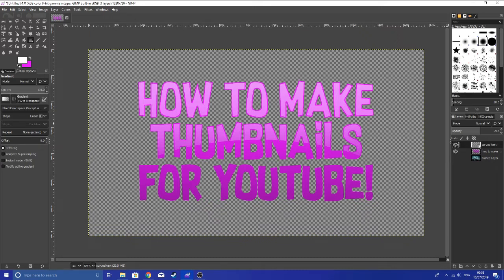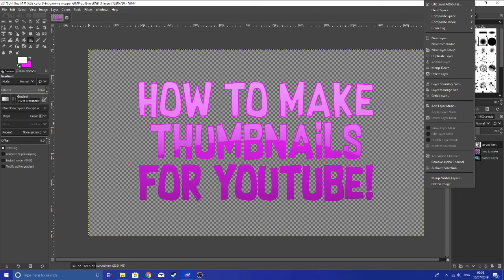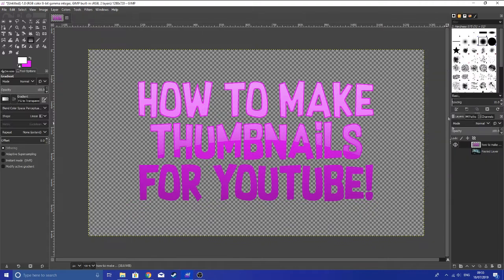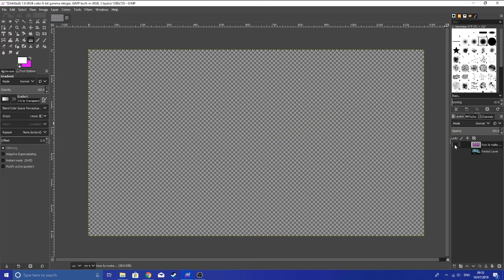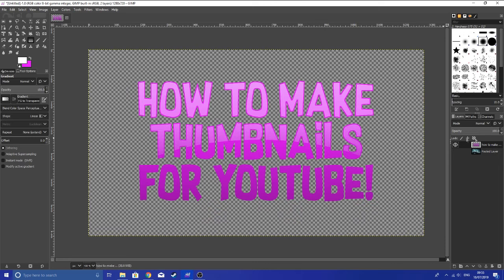by right-clicking the one on the top, whichever one you have on the top. It's probably going to be the glare. Once you've right-clicked, you want to find merge down. And once you've clicked that, it'll create one layer like this. And now, once we've done that, we're going to add an